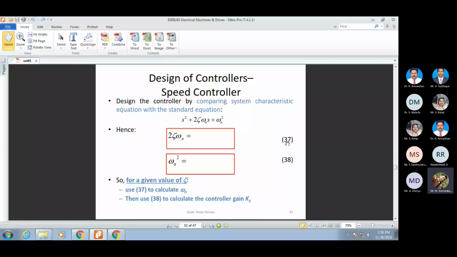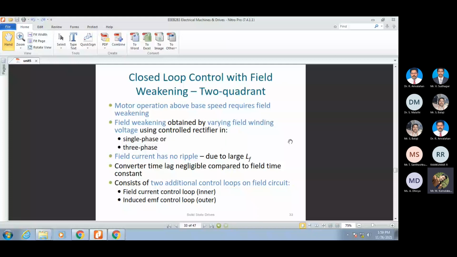Now, during the start itself, we discussed that not only armature based control is there for controlling the speed of the DC drive. We have another method, which is the field weakening method. Since the speed of the motor is directly proportional to the armature voltage and inversely proportional to the field, if you weaken the field of the motor, the speed of the motor increases. That's why we keep the armature voltage constant and weaken the field to achieve speed control in the DC drive.